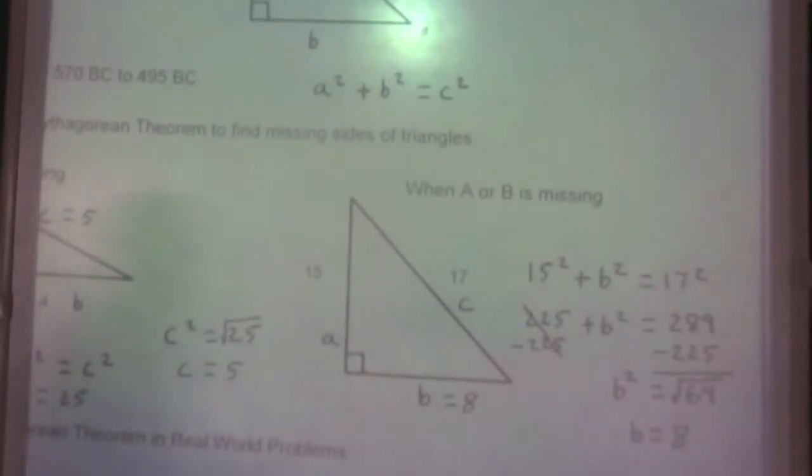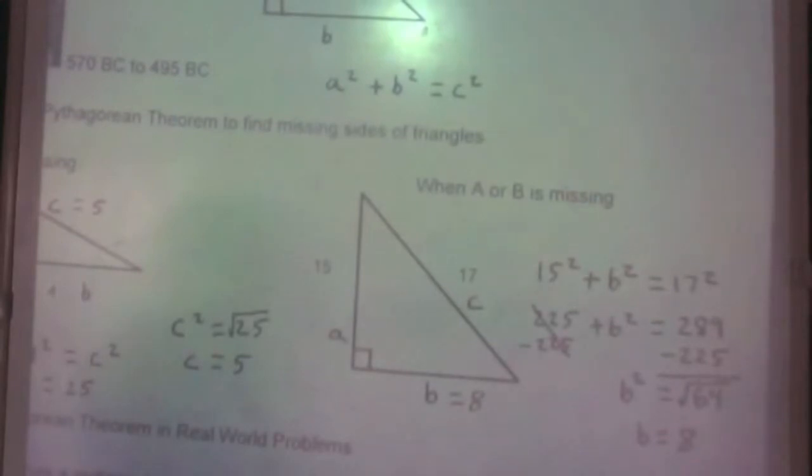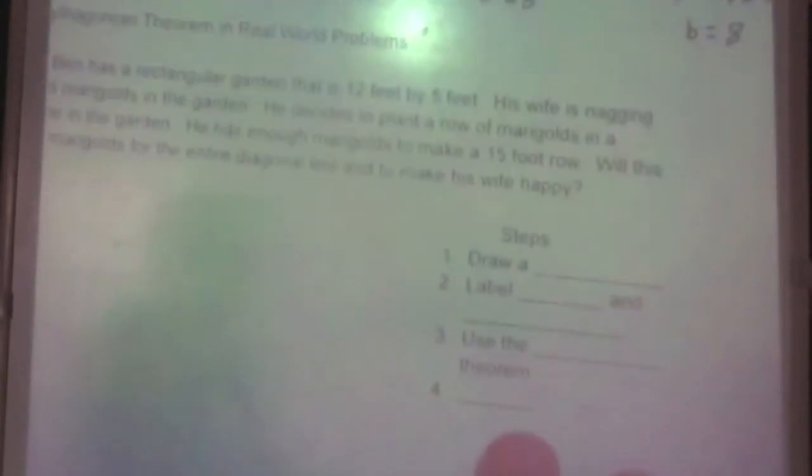Okay, so you're going to have some homework questions like that. The next type of homework problems you're going to have is the same thing, but this time the triangles are going to be into a word problem. All right, so let's check that out, and we will see if we can solve this. We're going to do the same exact steps. We have a word problem here.